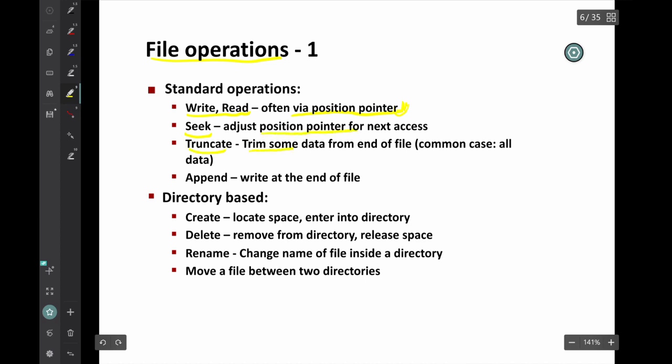Seek, which is the adjusting of the position pointer. Truncate, which is to trim some of the data from the end of the file, and the common case is to truncate all data, meaning that you truncate the data to size 0, you clean up, and then append right at the end of the file. And at the level of the directory, it should support create, which